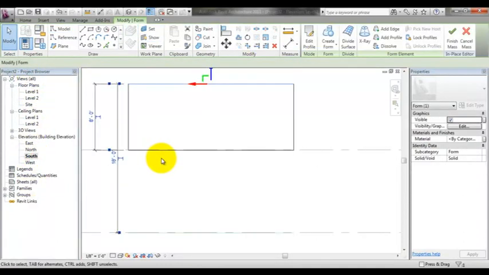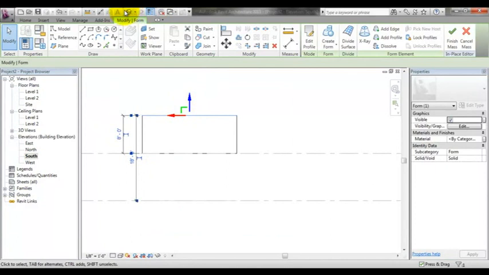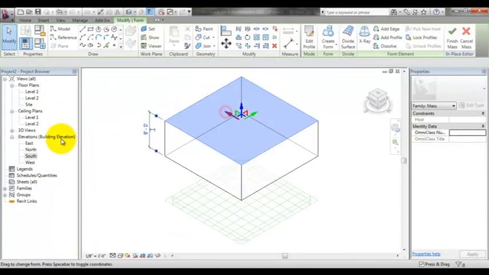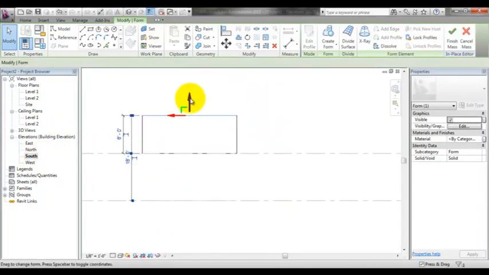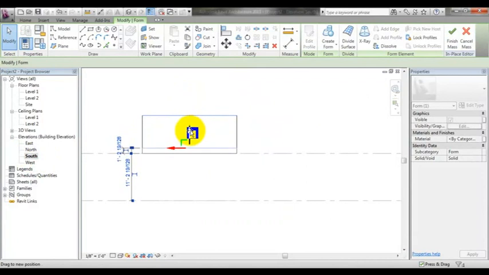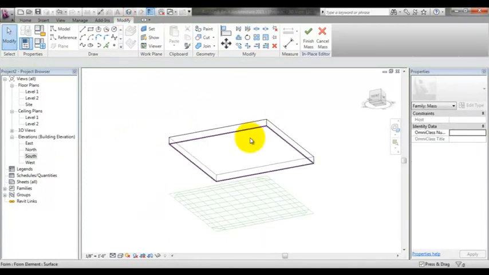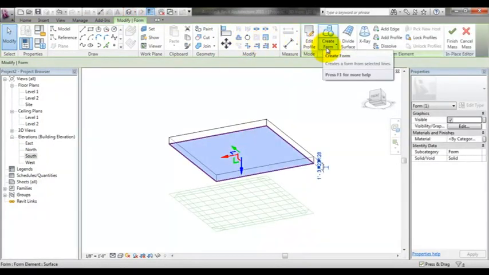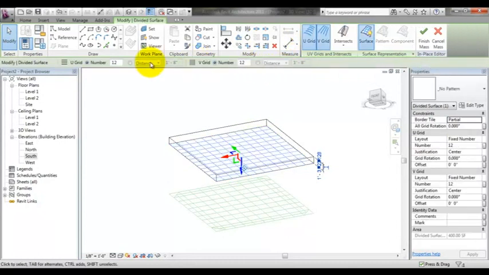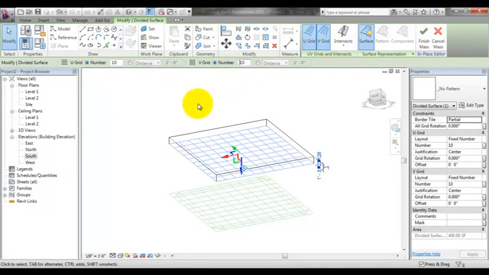going to the elevation. This is how my form is. Let's go to the 3D view, select and push this down a bit. Let's go to the 3D once again and select the bottom plane and divide this into 10 divisions. I'm going to divide the surface into 10 divisions